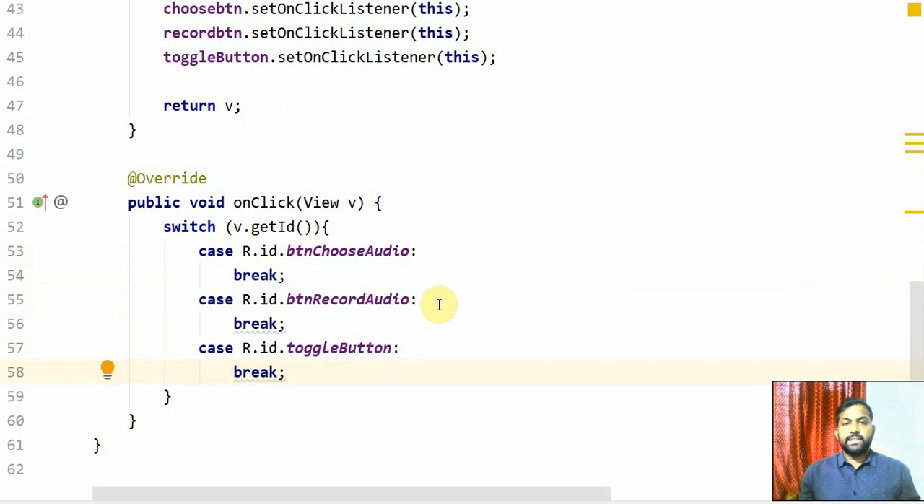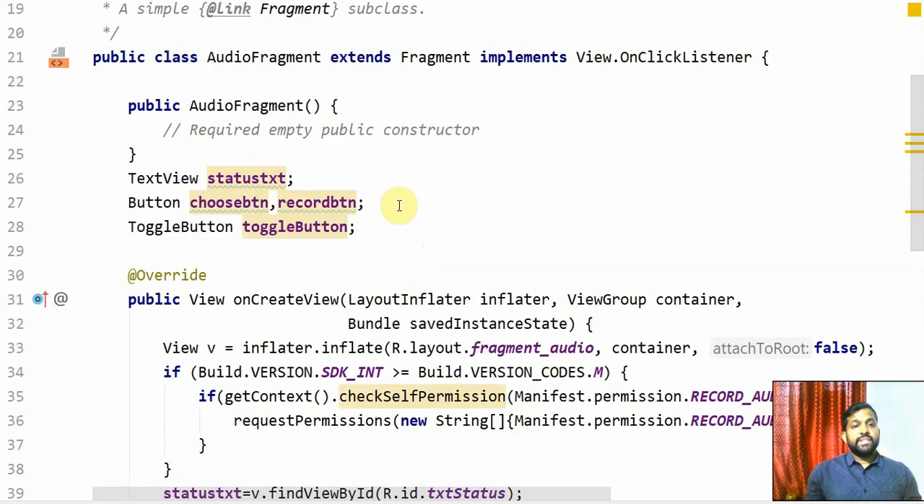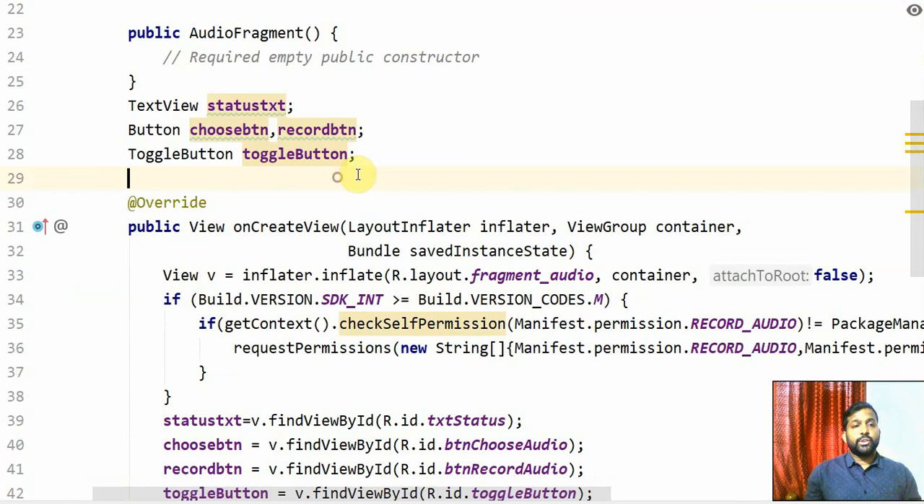So the three buttons have been taken care of. So now if you click on those buttons, this is the place where it will be called. So now let's see what to do in each and everything. So first let's start with the media player, just to play a media which is chosen by the user. Let's do that first. For that purpose, first thing I'm going to do is create an object of media player